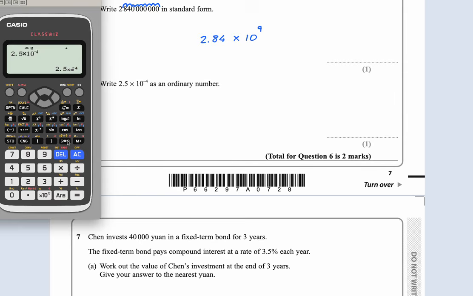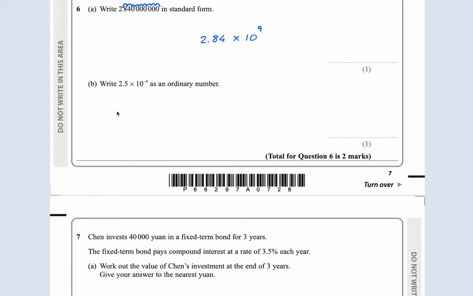This doesn't give me the answer. So it gives me 1 over 400. And when I change it to this, it gives me in that form. Okay, so I'm going to have to write it out the long way. I like to go, guys, 0, 0, 0, 0. Just put lots of zeros and then my 2.5 or just 25